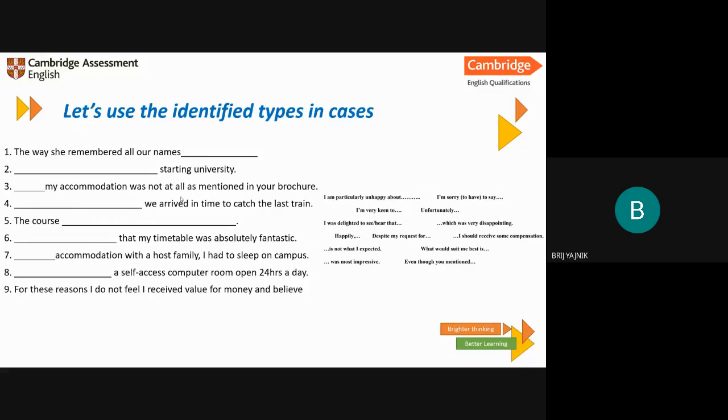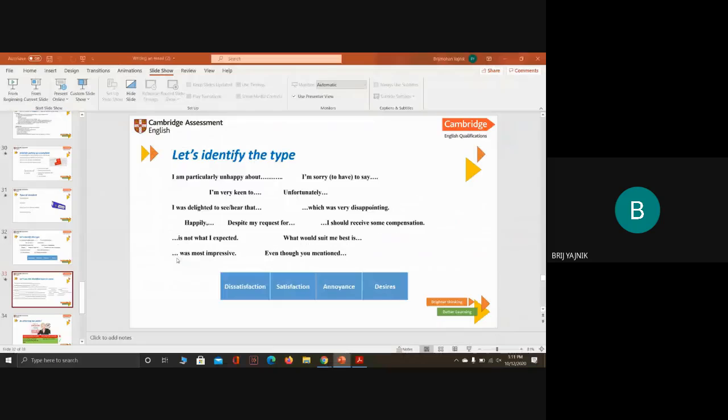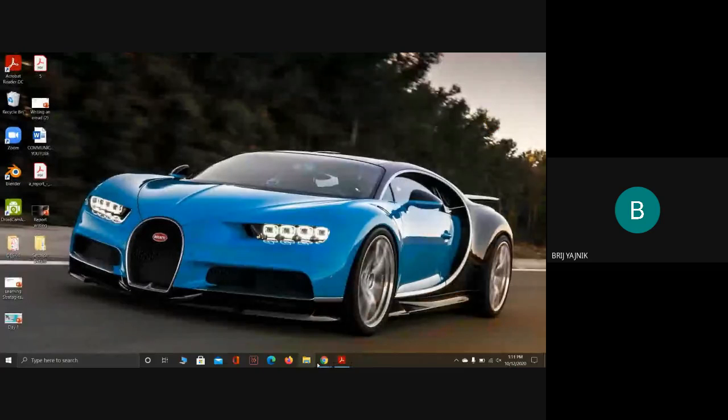I think Leila got it. So it's 1, 2, 3, 4, 5, 6, most impressive. Even though you mentioned happily is not what I expected, not delighted. All right, fine. Okay. Let's do one thing. I'm going to share the answers with you later today in the group. You can just cross-check your answers there. Why I'm trying to end the session right now is because I don't have the Excel sheet to share with you today. I couldn't make one, so I don't want to make one right now.